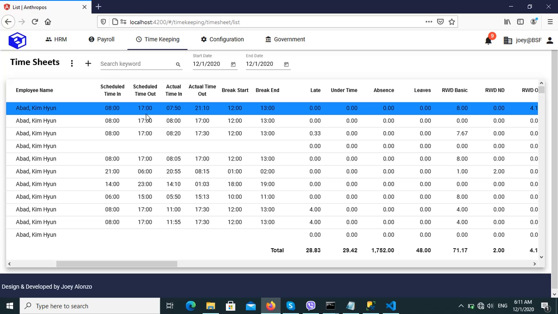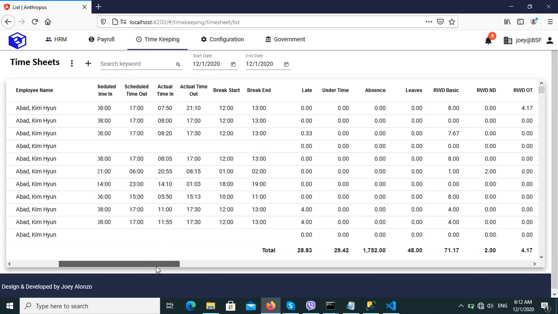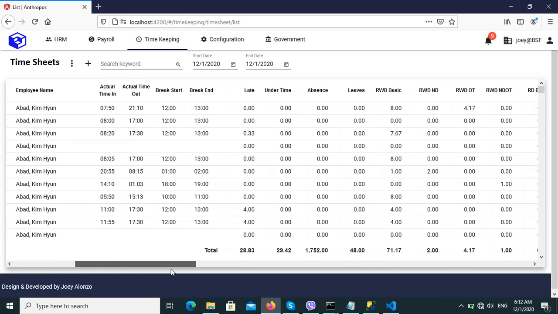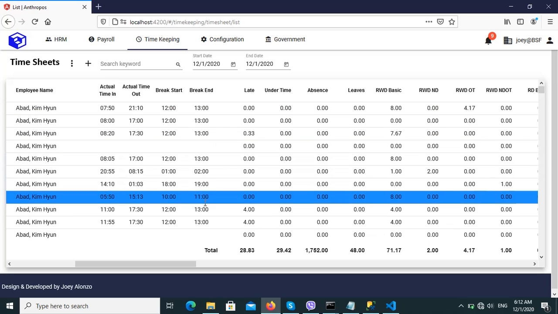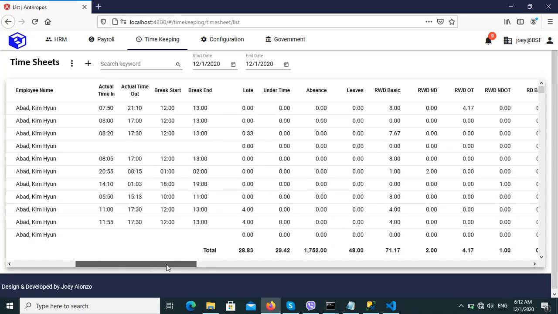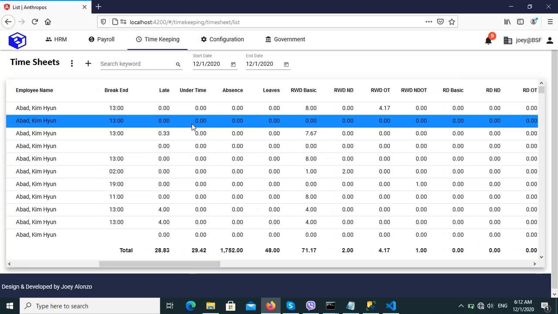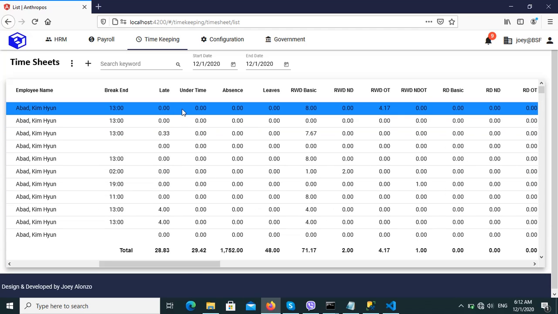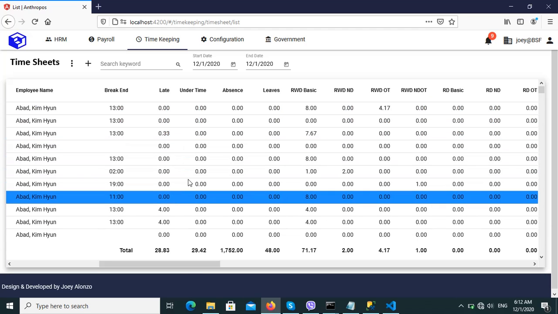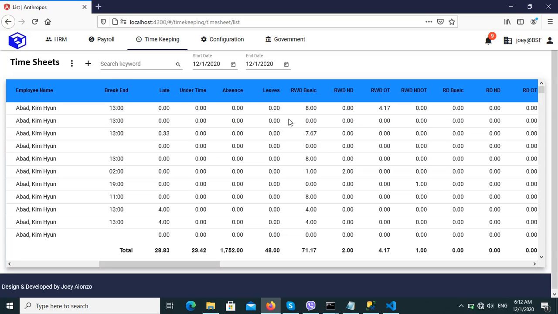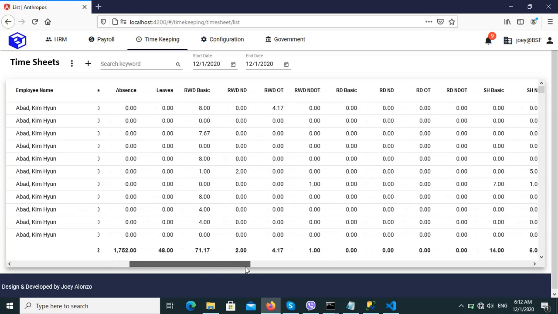Okay, and then you can also see here what is the start time and end time of break, if there is any late for that particular employee, undertime, absent, leaves, and then